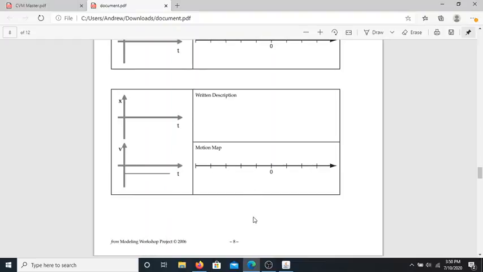So, I want you to take about 3.5 minutes and take a stab at this. I want you to try and fill in the three graphs: the position time graph, the written description, and the motion map. And then, once you think you've got a good idea, come back and we'll talk about the answers. All right? So hopefully you had a chance, ladies and gentlemen,